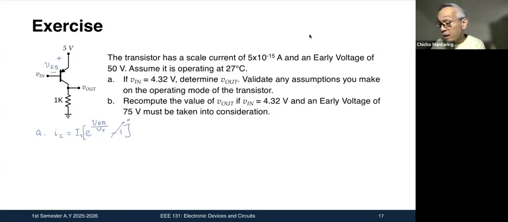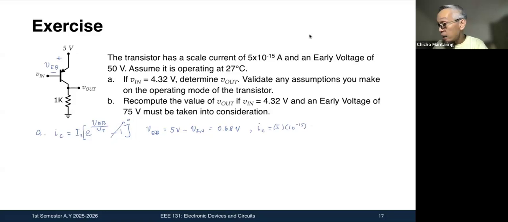Okay, what is VEB? Anyone? VEB is equal to 5 volts minus V in, right? VEB is just 5 volts minus V in. And the value of V in is 4.32, so I'm going to get VEB equal to 0.68 volts. And therefore, I sub C is just going to be equal to 5 times 10 to the minus 15,